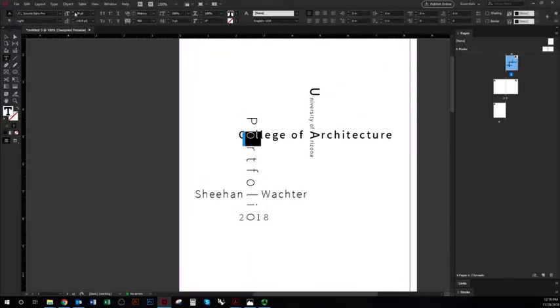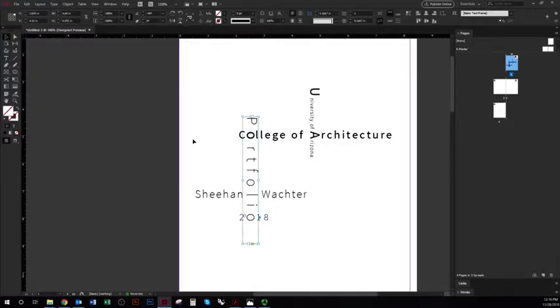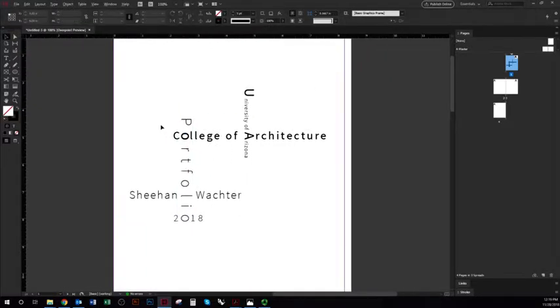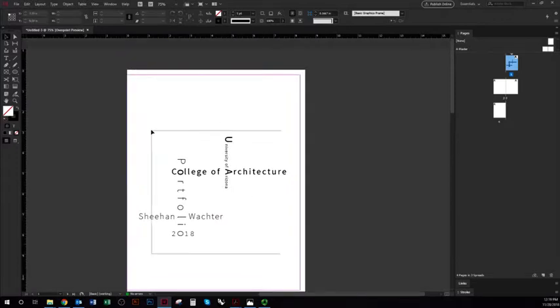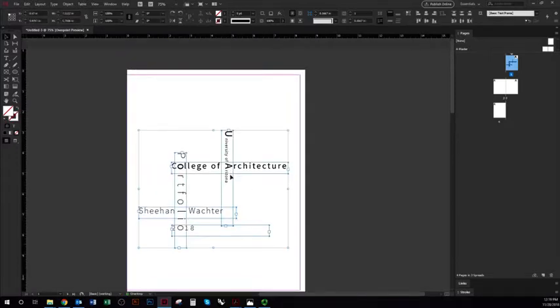Obviously you can go whichever way you want with it, but just play around until it looks like a nice, well-balanced graphic. Okay,